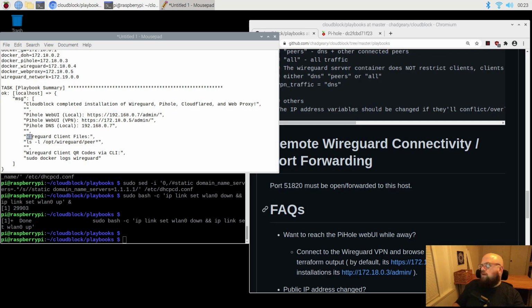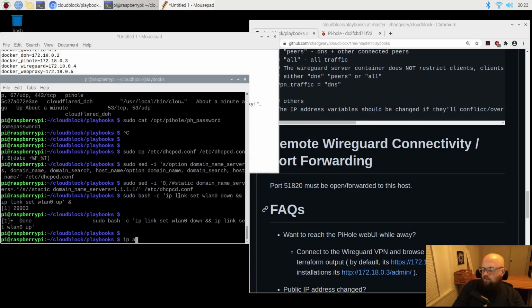I should also mention, if you are using DHCP on your Raspberry Pi, it's important to make sure you've got a static lease set up, right? So on my router, for example, I can say this MAC address, the MAC address of my Raspberry Pi, should always get this DHCP IP address. And I have that set. Mine is